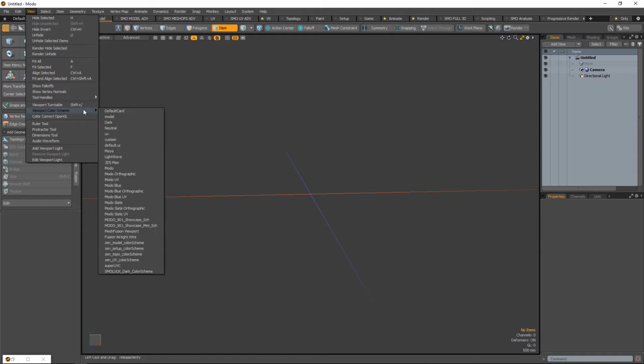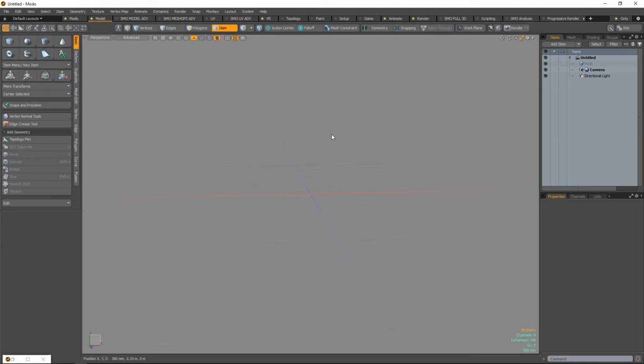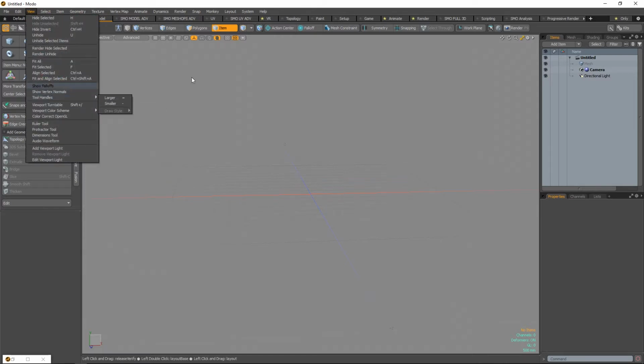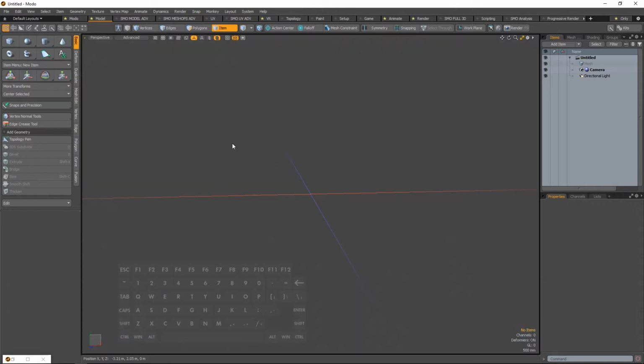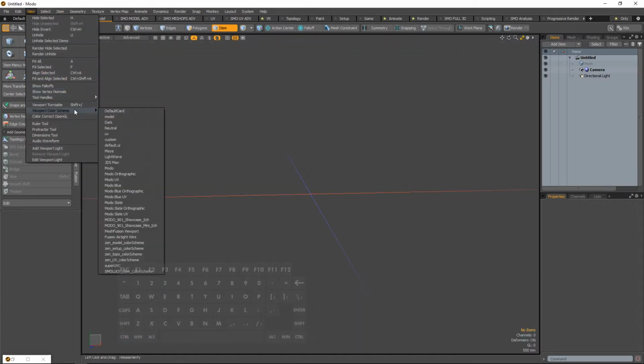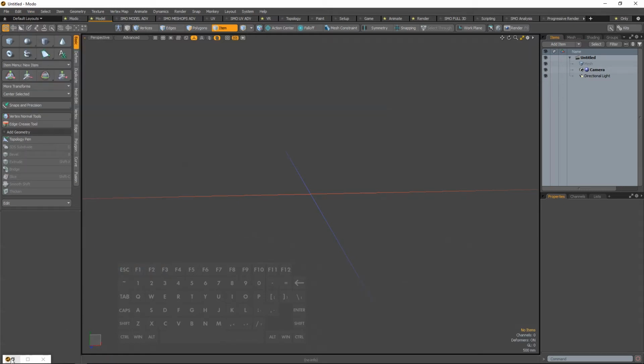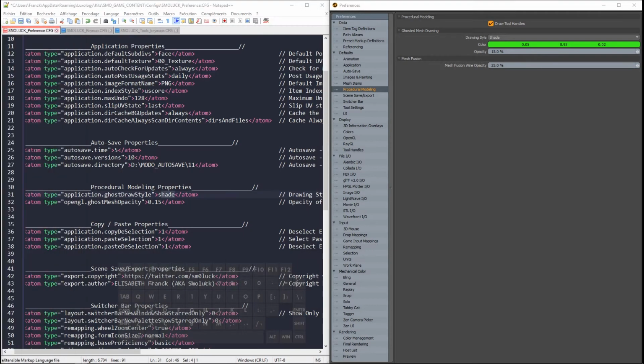Not just the background, but the highlight of the meshes and the instances and those kinds of stuff. For example, Maya has a grayish, more bright gray background. It changed here, okay? But in my case, I use the keyboard shortcut to change it. So Control Alt 3 will change to my own color scheme that is over there. So smaller dark color scheme. So under the preferences, those settings are kept,